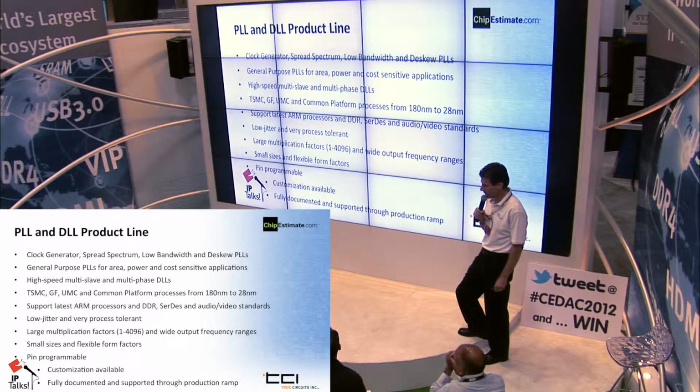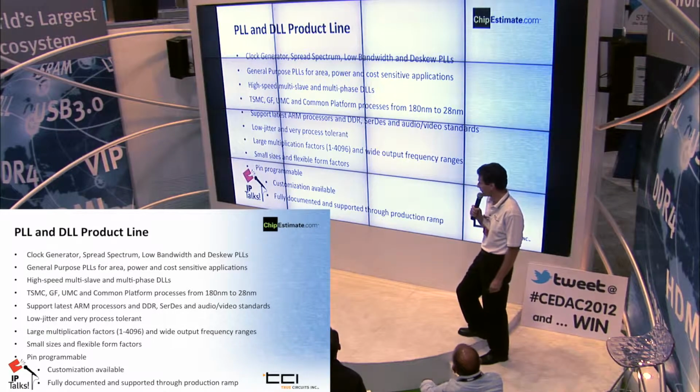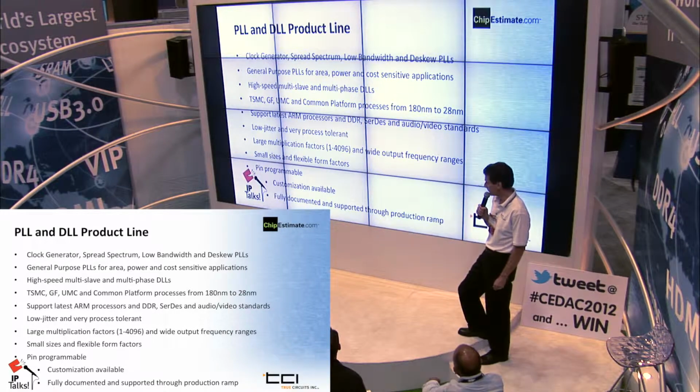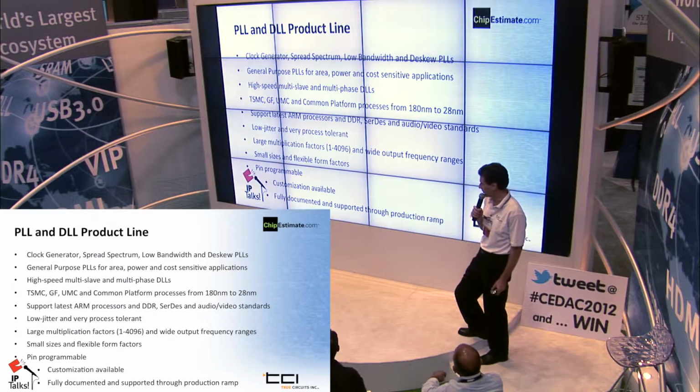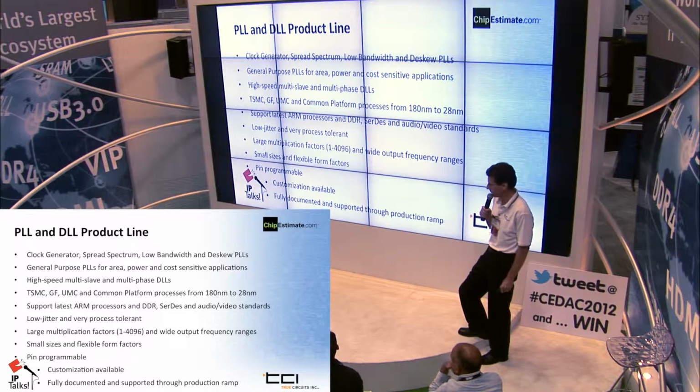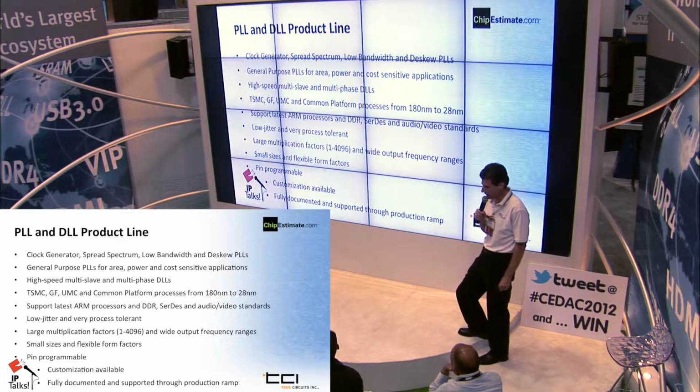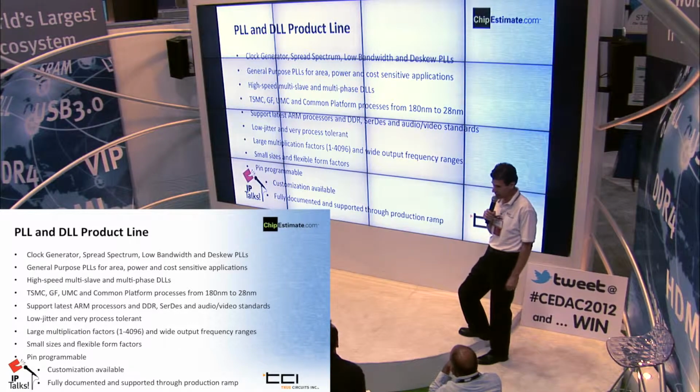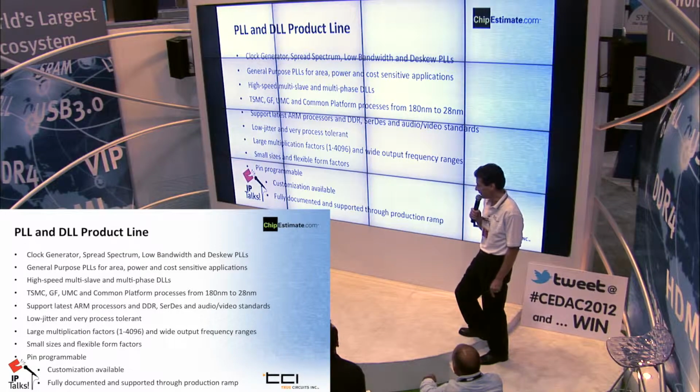The designs are very flexible in ways that make it very convenient to use. For example, they have very large multiplication ranges. They can multiply from like 1 to 4,000 with a wide output frequency range. That kind of flexibility makes it very easy to use them in a variety of applications on the same chip. So typically, our customers may license a single design and then use a number of instances for different functions